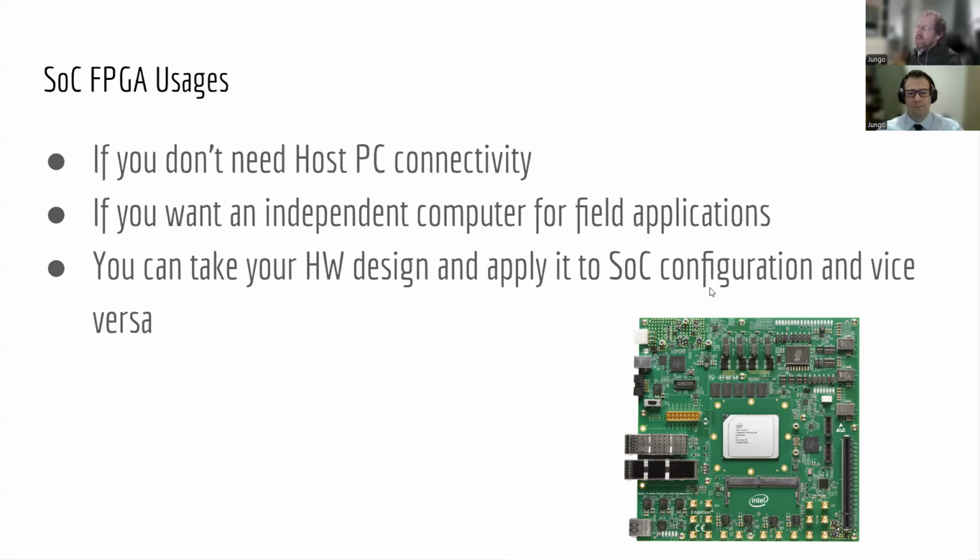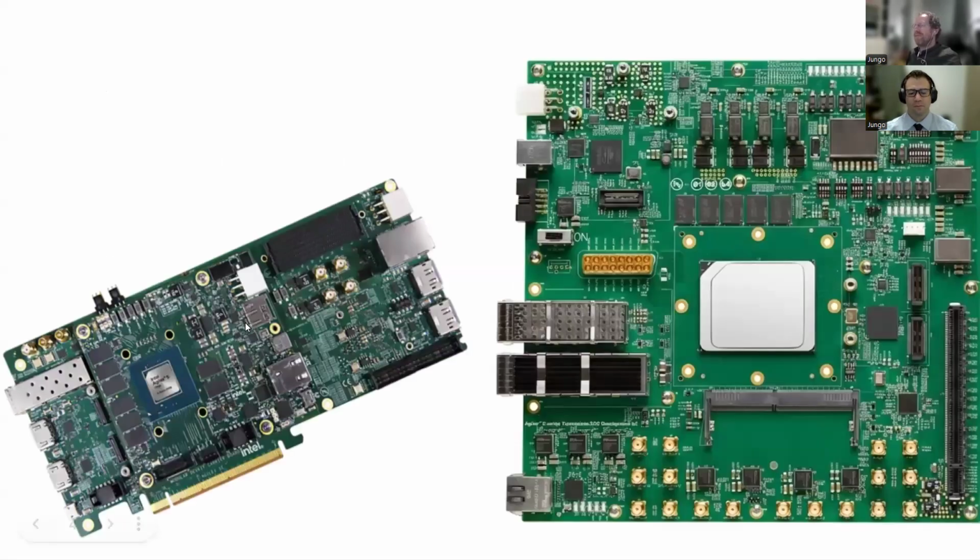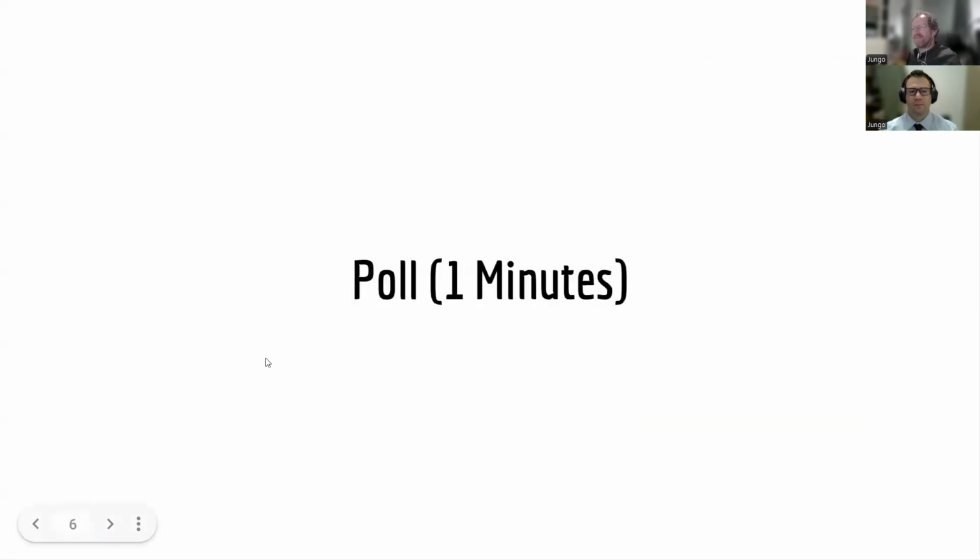It does require some changes on the hardware and design side, but we're not going to cover them too much today. In general, the main logic should remain the same, and it shouldn't be too hard to go between one configuration and the other, assuming that you're using the exact same vendor. In this example, both of these FPGAs are Altera Agilex 5, so that shouldn't make a difference. But if this was AMD's and this was Altera's, that would be a different story, of course. I just want to clarify that.